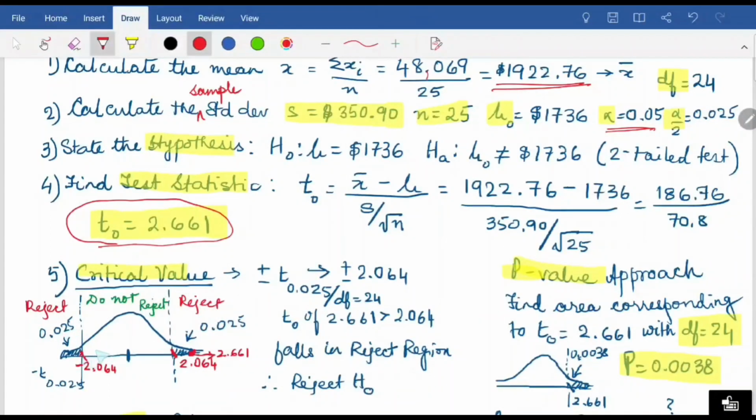You do have to draw a picture with your work when you're using the critical value approach. Your curve, again, this is a T curve. Draw the reject on both sides. If it's a two-tailed test, in the center is going to be the do not reject region. Now we have to find the critical value of what? Of T of